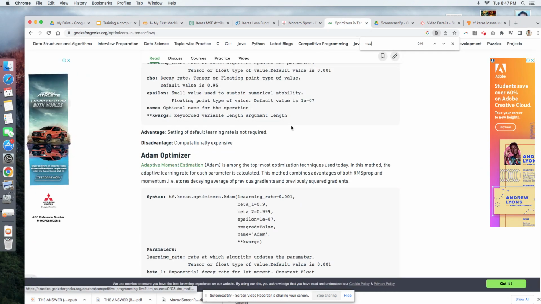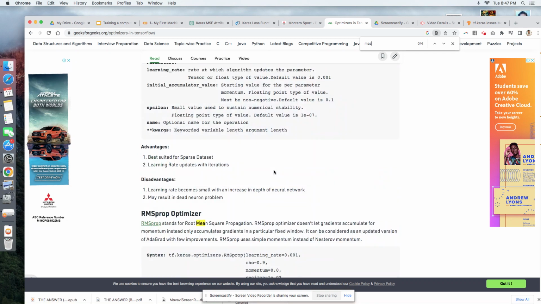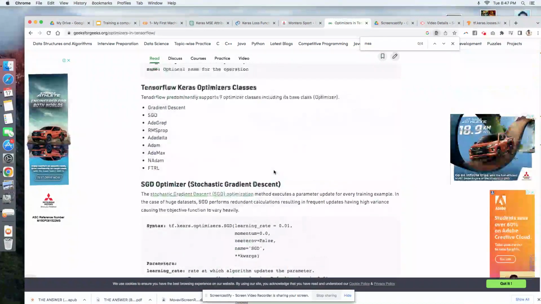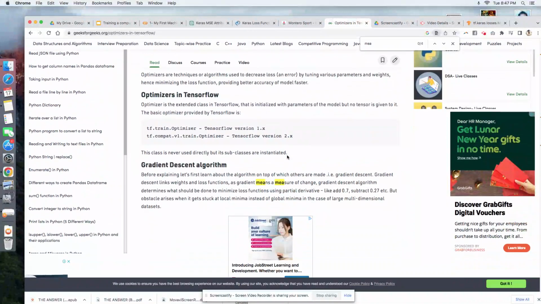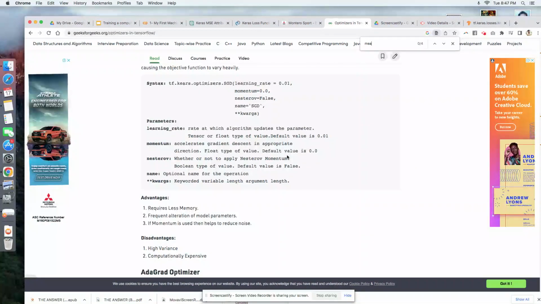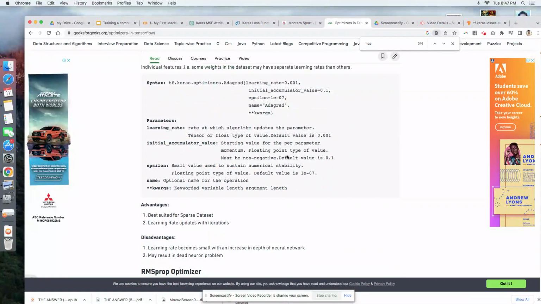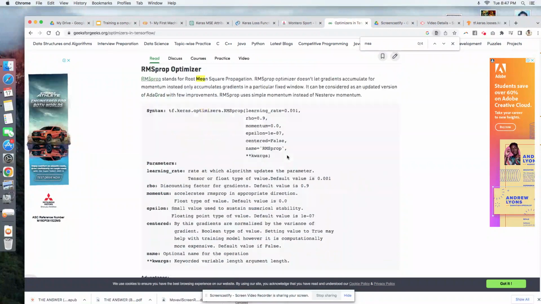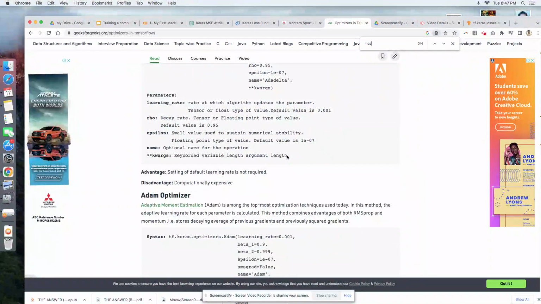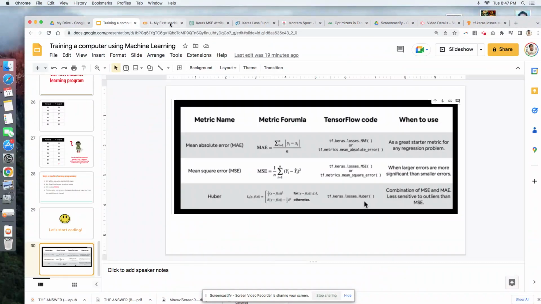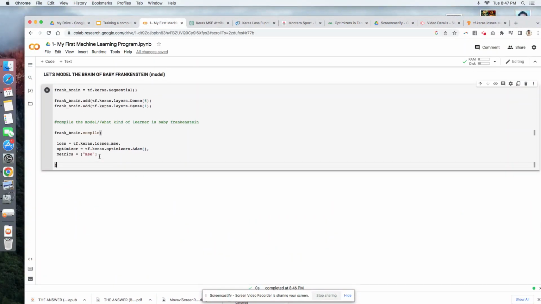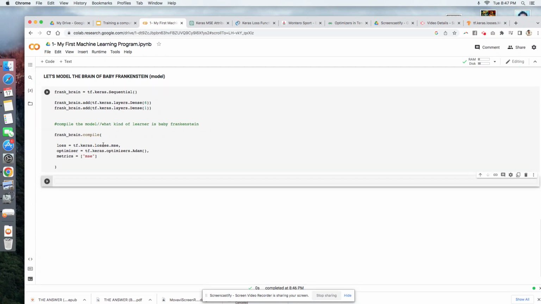Okay, so you could just read through here if you want to see what kind of optimizer you want for your baby Frankenstein. What kind of learner is he? It depends on you on how you want to model the brain of Frankenstein. So you could just read all through this one. Now that we have modeled the brain of Frankenstein, what we want to do next is we fit